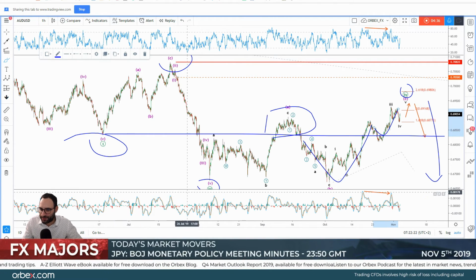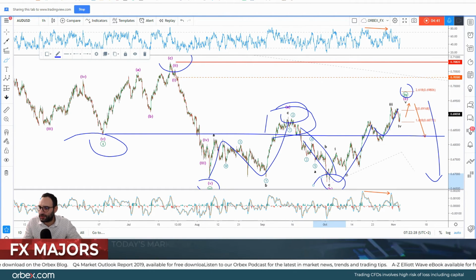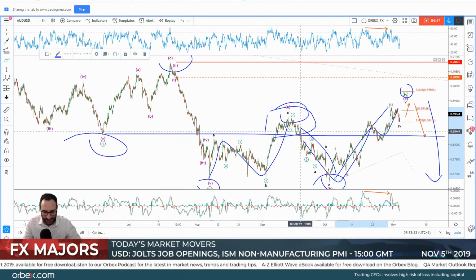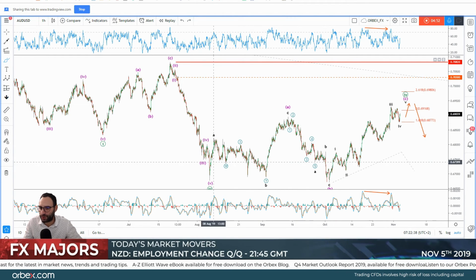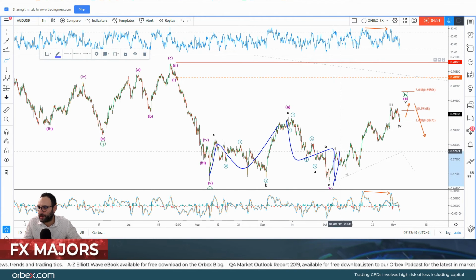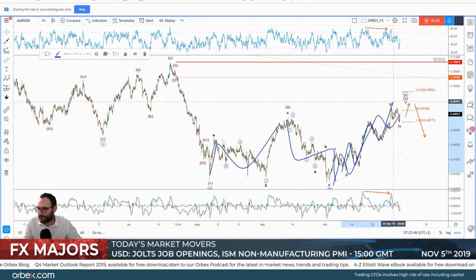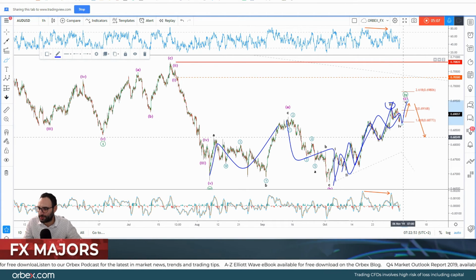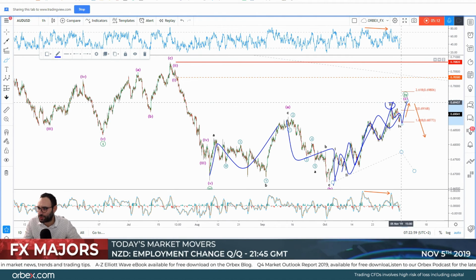Now, as we speak, we've had this ABC correction, right? And with B down here, we completed a flat pattern. Looks like a flat. A flat is a 3, 3, and 5, right? So we've had 1, 2, 3, 1, 2, 3, and 1, 2, 3, 4, 5. Within this last wave, we've got 1, 2, 3, 4, and 5. That's why I'm marking this as number 3, then 4, and we should see prices having another move to the upside, most likely sharp, taking out break-even stops.